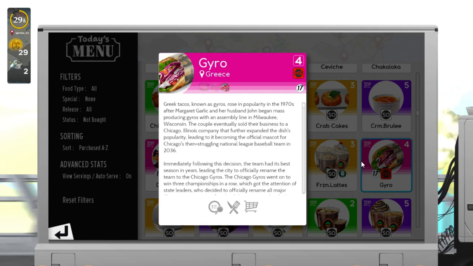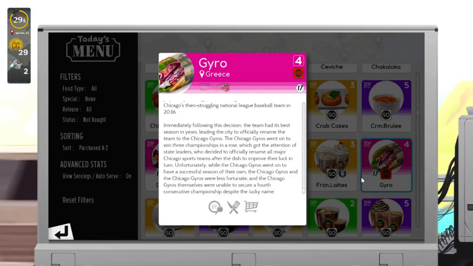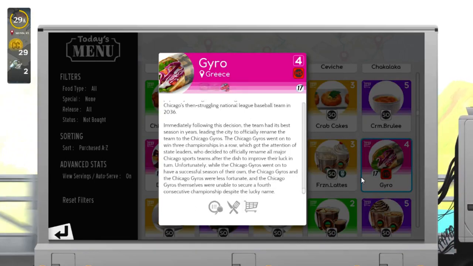I can hear it with the window closed. Chicago, Illinois. The company had further expanded the dish's popularity, leading to it becoming the official mascot for Chicago's then-struggling National League baseball team in 2036. Immediately following this decision, the team had its best season in years, leading the city to officially rename the team to the Chicago Gyros. The Chicago Gyros went on to win 3 championships in a row, which got the attention